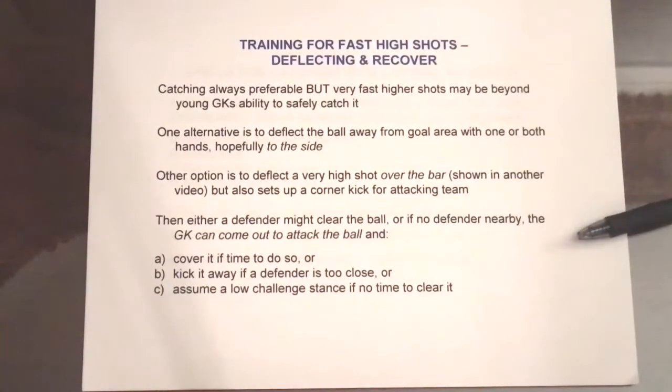Now, once the ball is deflected outside of the goal area, either a defender might be able to get to the ball and clear it, or if there's no defender nearby and attackers are attempting to close in on the ball again, the goalkeeper can come out to attack the ball and do really one of three things. One is to cover it if there's time available to do so. The second, if there's less time, is to kick it away if a defender is too close to cover it,